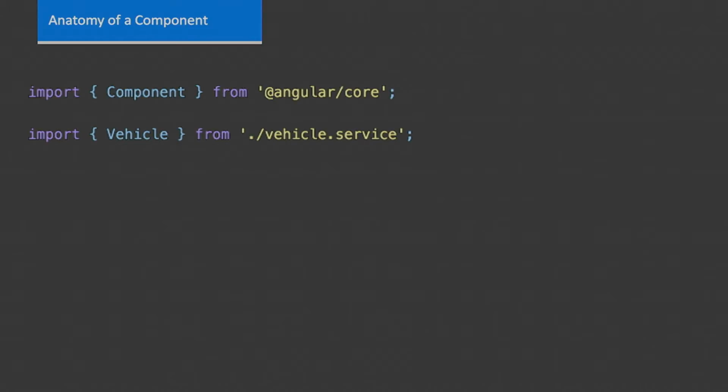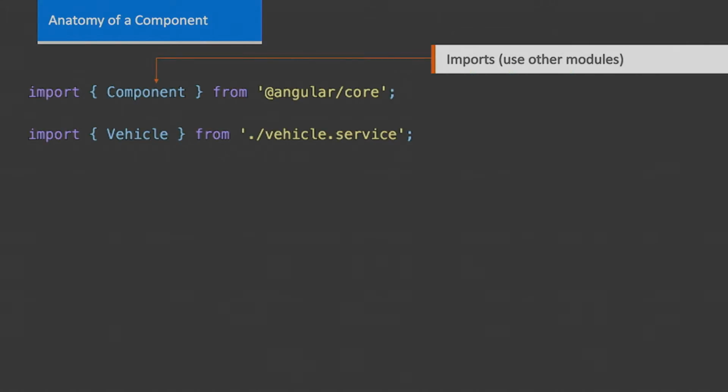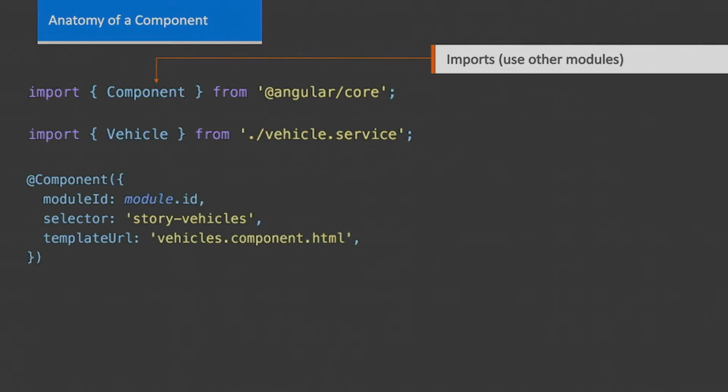That other thing in this case is Angular knows about a component, so it goes and gets it. And we also have a service we're writing here called a vehicle service, which we're going to get, and that's our own code. So here, we're going to import the other module, and then we're going to use this @ sign. This is a decorator. If you've done C#, it's like an annotation. They have those in Java as well, lots of different languages. It's metadata about a class we're writing.